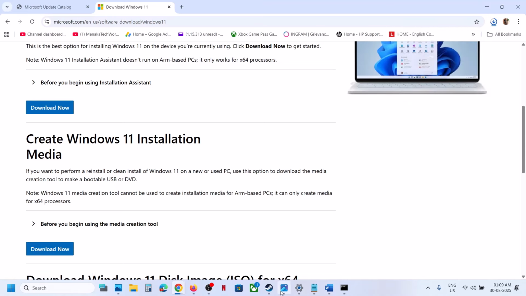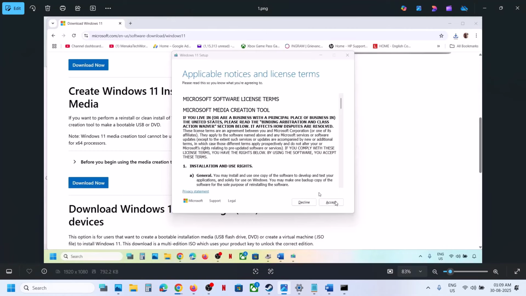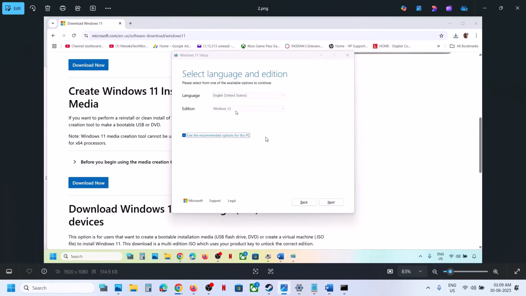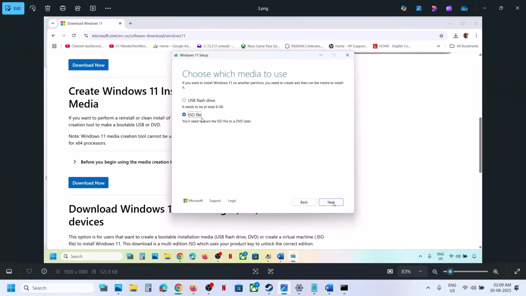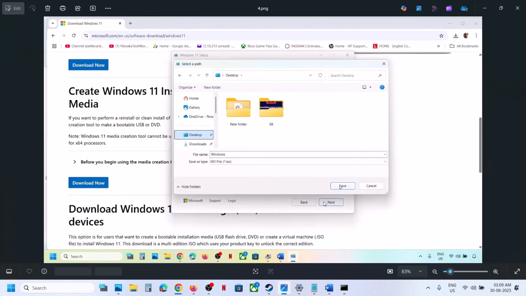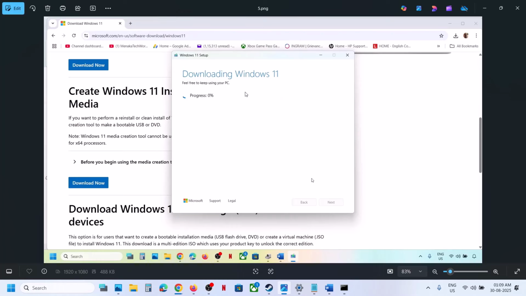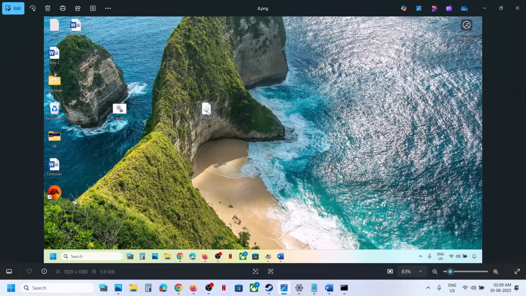Now once you run the exe file, you will see the screen. Click on accept over here, and then by default Windows 11 will be selected. Click on next over here, select ISO file over here, and then click on next, and then you can save it to desktop. Click on save, and then let the download complete. This process will take some time, and once this is complete, click on finish option. Once you hit finish, let it close automatically,